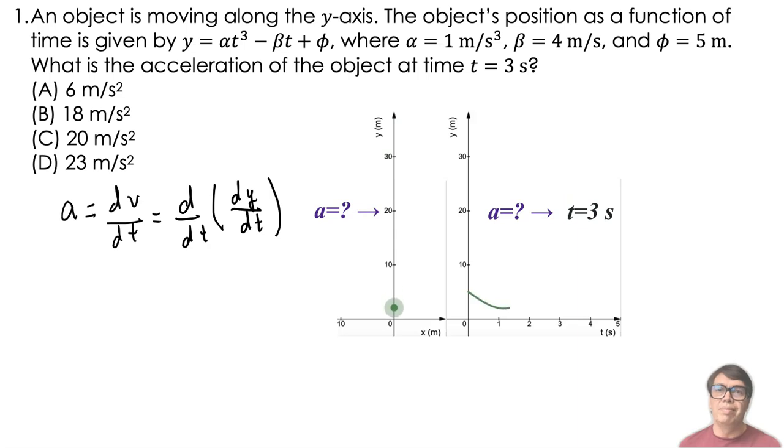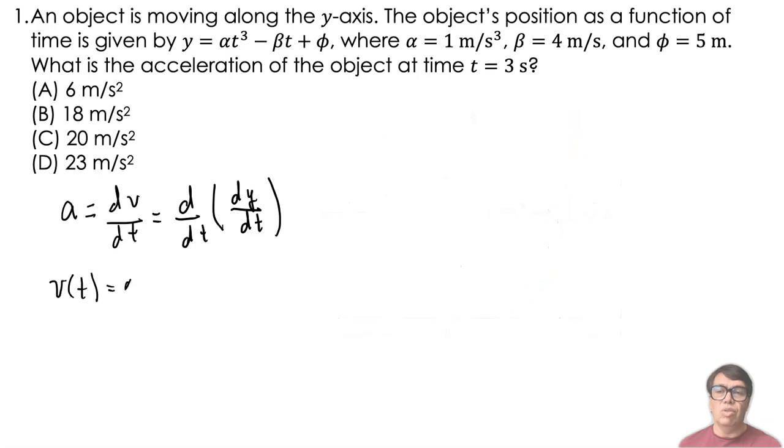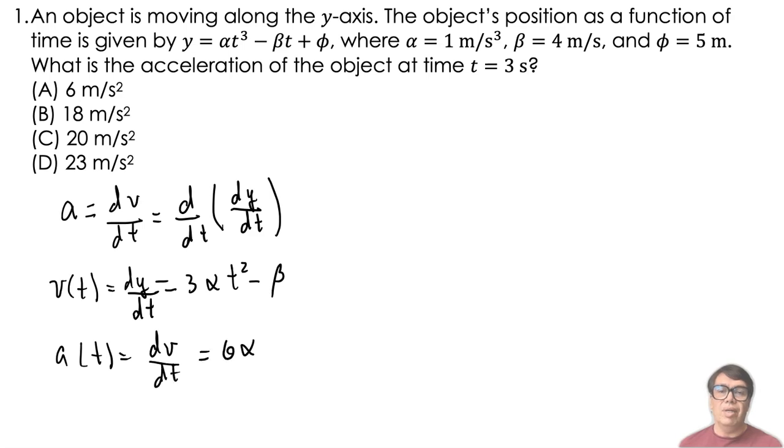a function of time. The first derivative, v of t, equal to dy dt, is 3 alpha t squared minus beta. The second derivative is a of t equal to dv dt, or 6 alpha t, a linear function of time. At t equals 3 seconds, the function gives a value of 18 meters per second squared, which is option